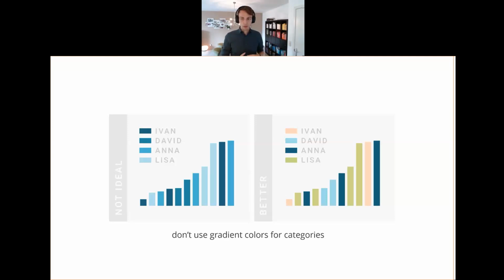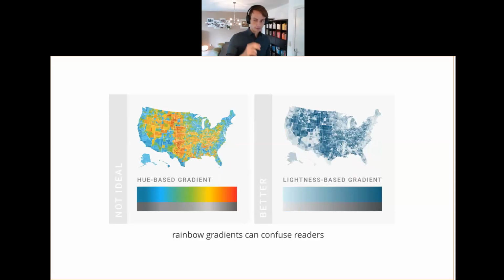It's much easier for people to find where the data is that they're looking for if the color scheme is distinct enough or has several distinct colors to look at, rather than just a gradient color. And then finally, if you're using a color scheme for maps, for example, but it works in other places as well, a rainbow gradient going from blue to green to yellow to red is used quite often, but it's something that can actually be